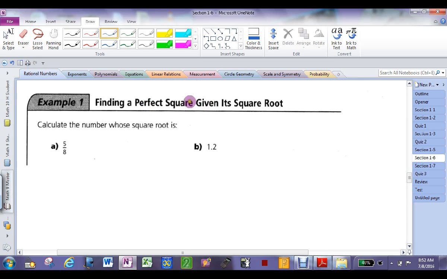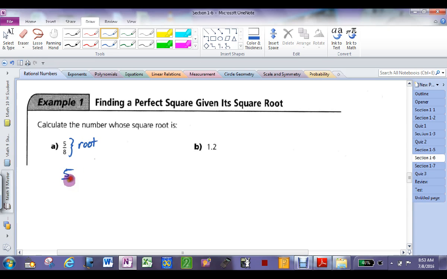All right, so now, finding the square given its square root. Right? So, the square if you know the root. So, read this question to me. You don't have to read out loud. Duh, we're in the 9th grade. 10th grade, at least. Calculate the number whose square root is. Do you have a root or do you have a square here? Read the question. That's a root. So what do you have to do? If you have a root, what do you do? Times it by itself. So because this is a root,